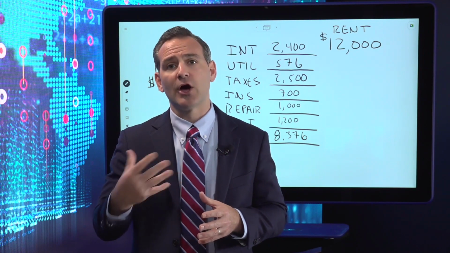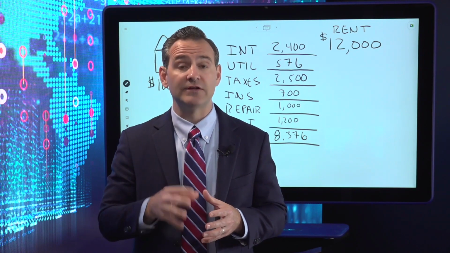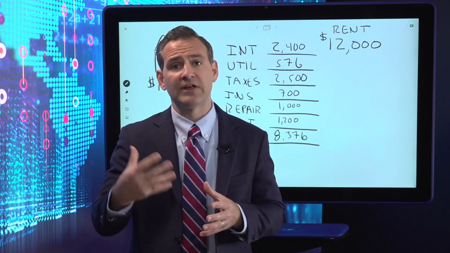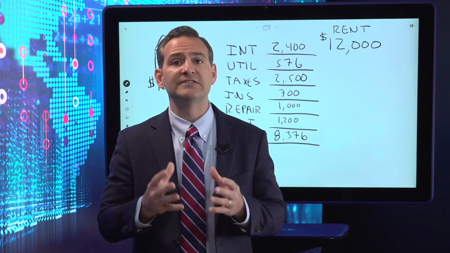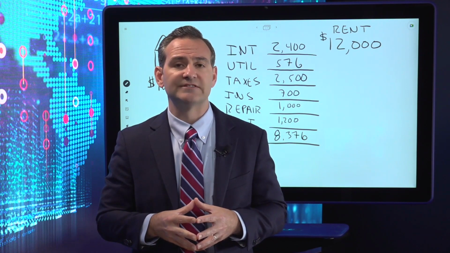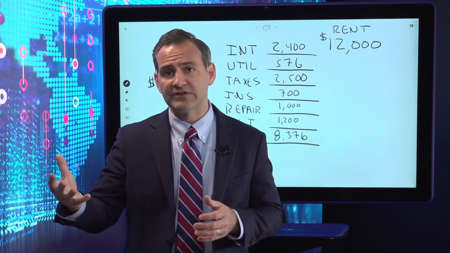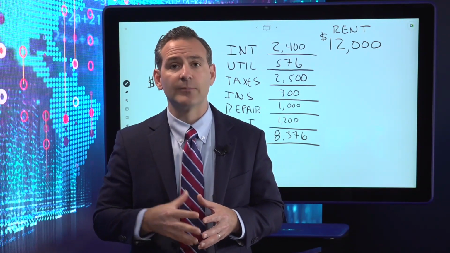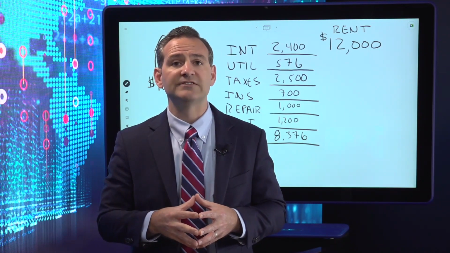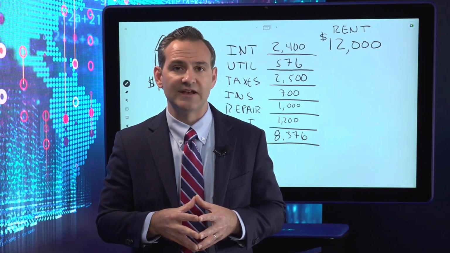So for example, if you bought a $100,000 property and you borrowed $50,000, you'd be at around 50% leverage. Therefore, 50% of your net gains would be subject to this unrelated business income tax. If you were only 20% leverage, then only 20% of your net proceeds from the rental or sale of the property would be subject to the unrelated business income tax.